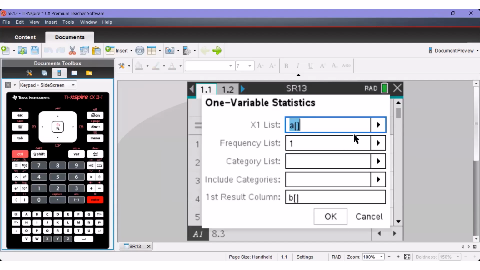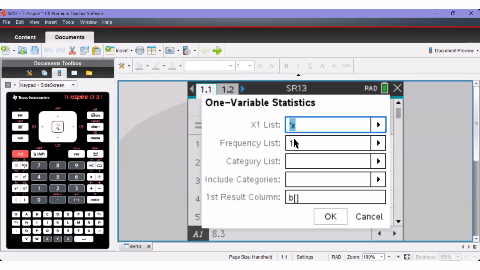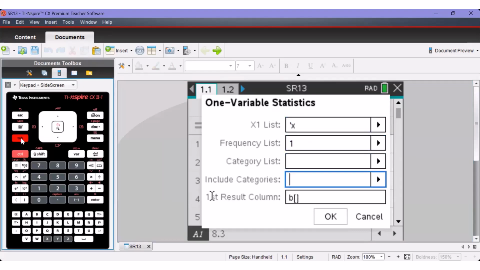Now for our X1 list, if I arrow to the right with the navigation pad, I'm going to choose X. Frequency list is good, don't need to worry about categories. And the first result column, B, is good because column B is currently clear. So if I press Tab all the way down to OK and press Enter,